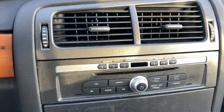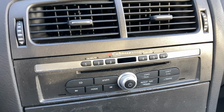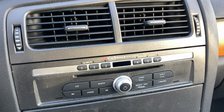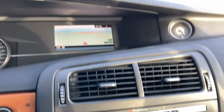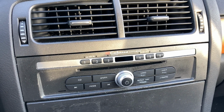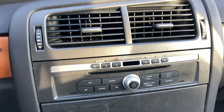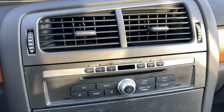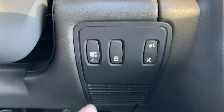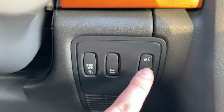The radio is a 6-disc changer radio. It has a pretty good sound. The only problem being that it doesn't have an aux input, or Bluetooth audio. It has Bluetooth for the phone, but not Bluetooth audio. So far I'm having to listen to CDs that I had lying around in the car, and I have an FM transmitter for my phone, but it is pretty good sound. And then under here you've got the ESP off, you've got the parking sensor off button, and then this is